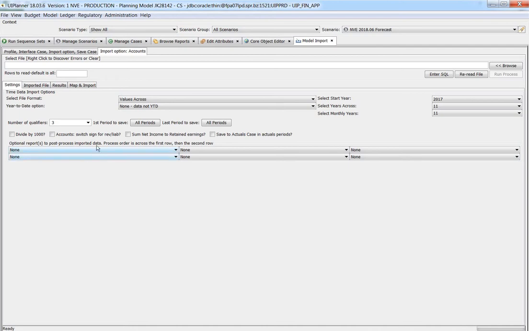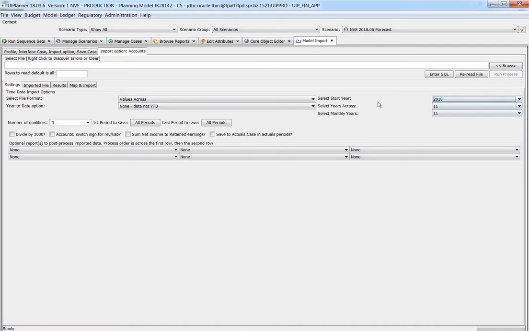Sometimes it's not set, it's kind of old and it hasn't been updated in a while. For example, when we were updating for the fall 2017 plan, it was still set to 2017. So if that's not set appropriately, set it to the right date. In this case it has 11 years and 11 years monthly, because you have the current year, which is a mix of actuals and forecasts, plus 10 years for our